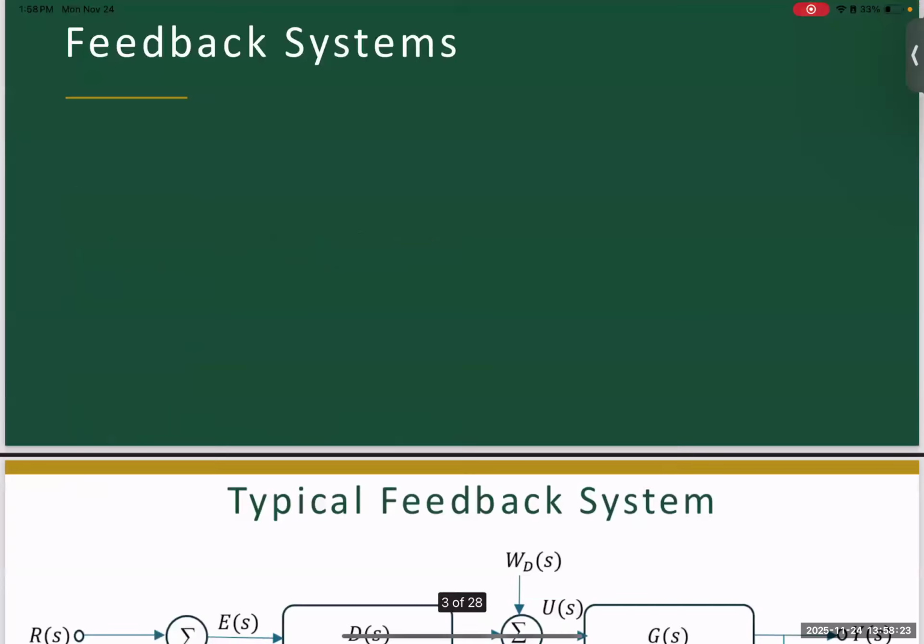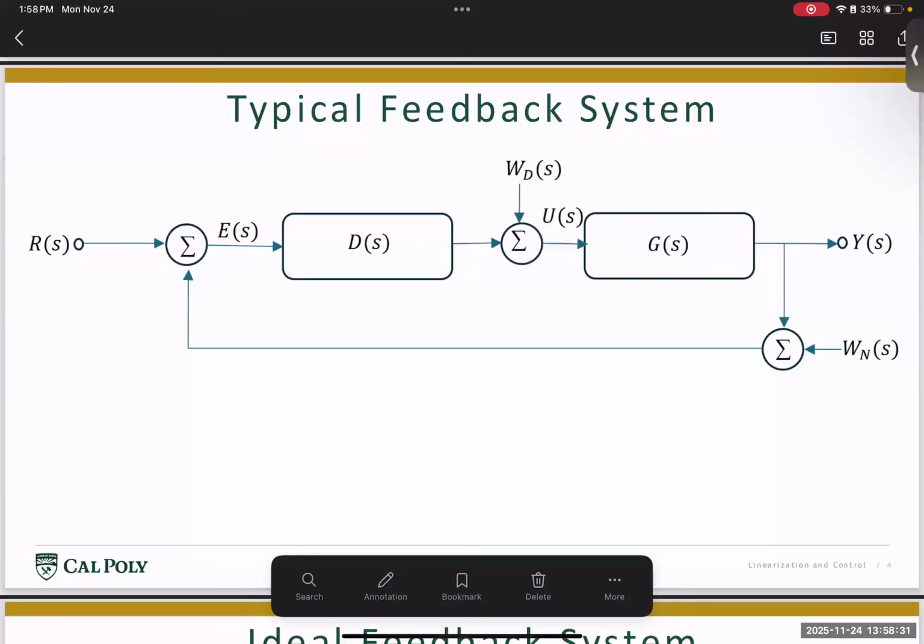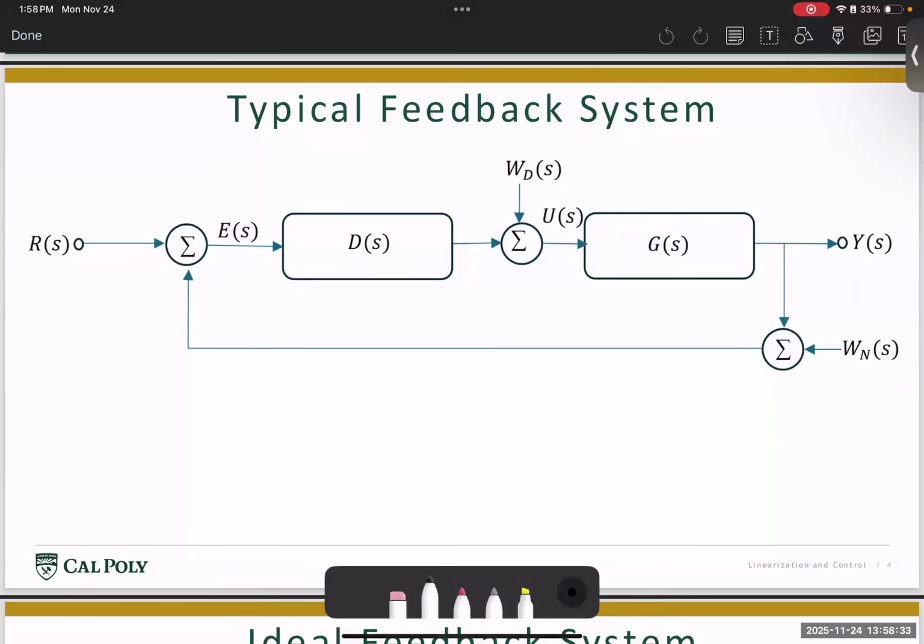All right. As a quick recap, we'll start with the typical feedback system. Last class, we were talking about what a typical feedback system looks like. We have a quick block diagram as shown on the screen. Here, the signal R of S, as we discussed last time, stands for the reference signal. This is the input that we typically want to establish